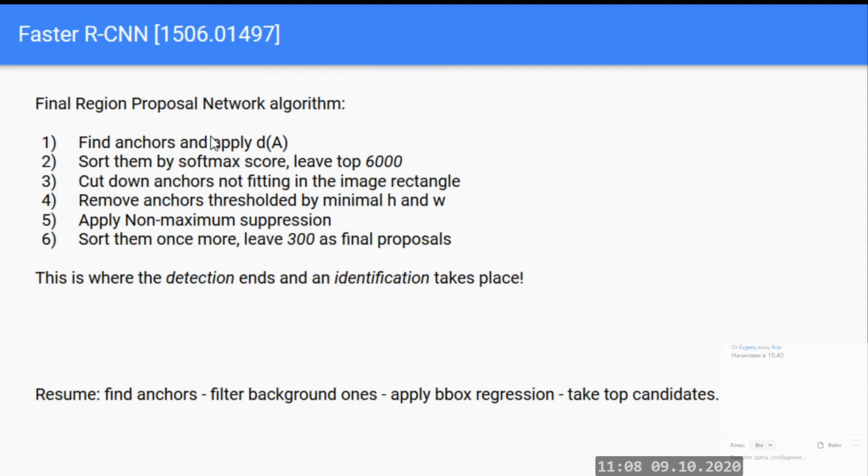We sort all the proposals we have, and we filter and leave only several thousands of them, like in the original R-CNN and Faster R-CNN case. Then we again remove all the anchors that are not within the image boundaries. We remove some anchors that are too small or too big. Then we apply non-maximum suppression, which is a predefined, classical approach; there are even GPU-based non-maximum suppression